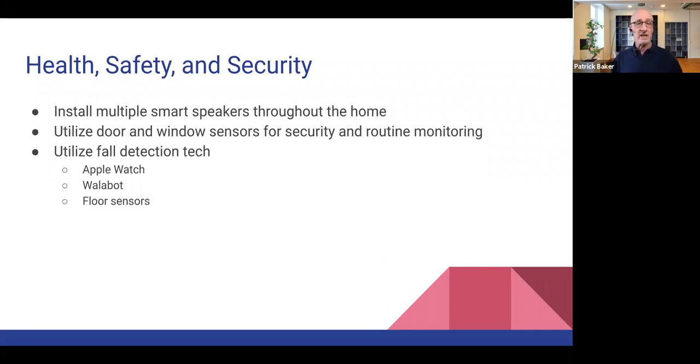But also there's a dedicated device called the Wallabot, which is more of a motion sensor type technology, that you can install in the bathroom where the majority of the falls occur for older adults, statistically speaking. That device could be installed in the bathroom or anywhere in the home, and an alert is issued to whoever subscribes to that particular app, and will inform the caregiver or a family member that someone has fallen in the